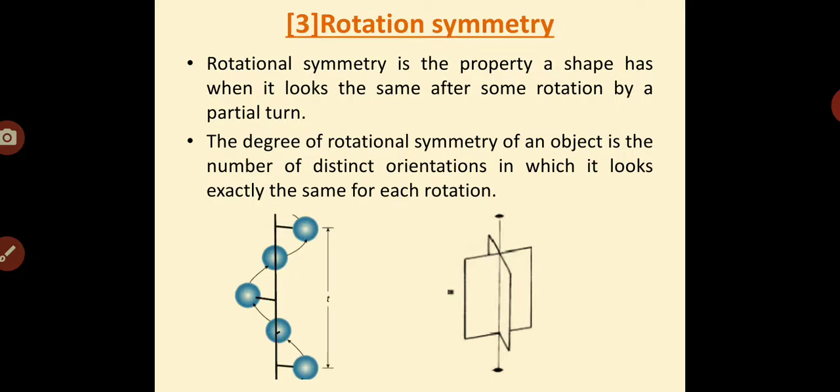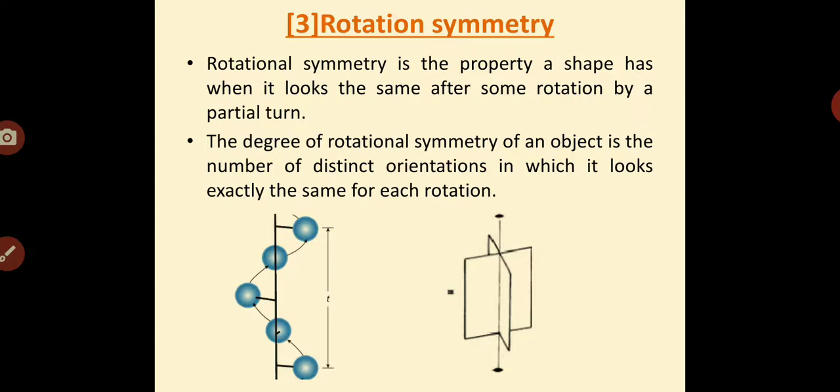Third one is rotation symmetry. Rotational symmetry is the property of a shape when it looks the same after some rotation by a partial turn. The degree of rotational symmetry of an object is the number of distinct operations in which it looks exactly the same for each rotation. We can rotate an object about a particular axis at a particular angle. If it looks the same before and after rotation, we can say that it